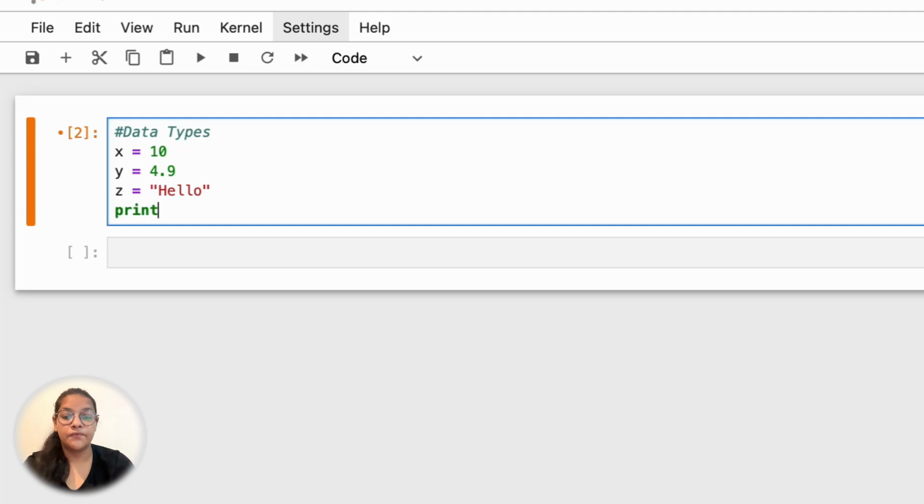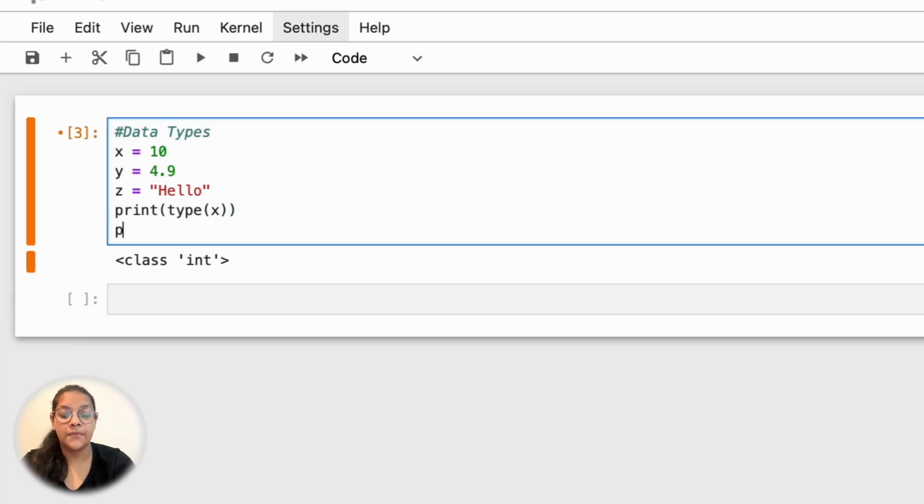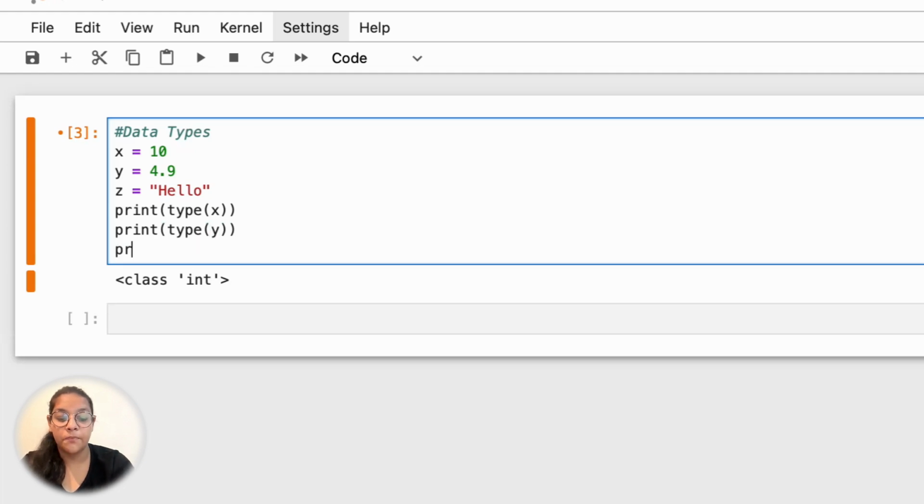To check what type of data this is, we will write the type function and simply put x in it. So you can see x is of the integer data type. Then print y, and the same for print z.